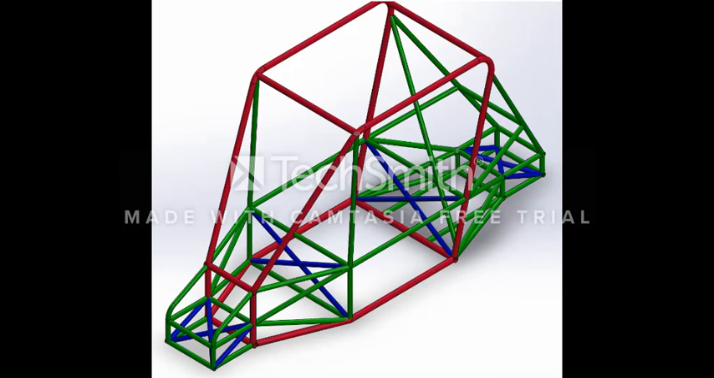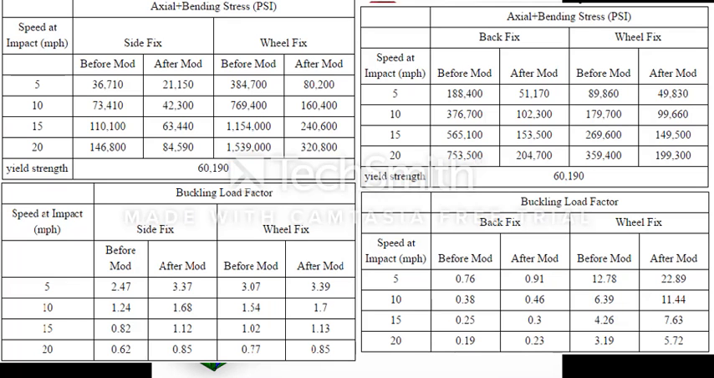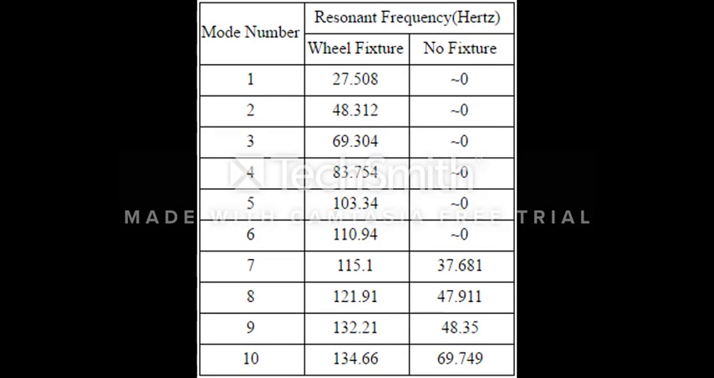To improve the chassis performance, 12 members were added, which we can see here in blue. While the chassis still fails under some circumstances, we can see significant improvement across the board. A modal analysis was also run on the chassis, either fixed at the wheels or with no fixture at all. There are 6 rigid body modes, and the first elastic mode is about 48 Hz, the second mode number on